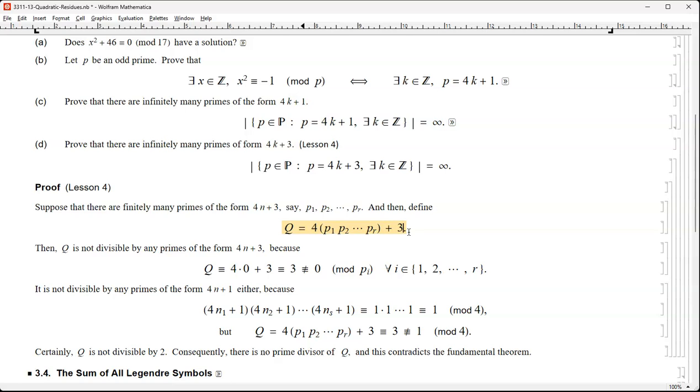Obviously, I'm trying to get 4k plus 3 form. And then Q is not divisible by any primes of form 4n plus 3 because, you see, this is congruent to 0 and we have plus 3. So this capital Q is not divisible by any primes of 4n plus 3. Now it is not divisible by any primes of the form 4n plus 1 type either because